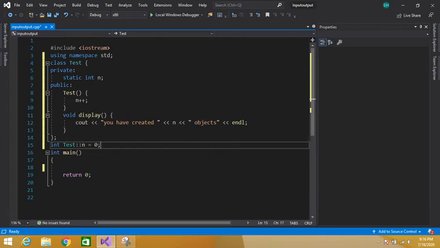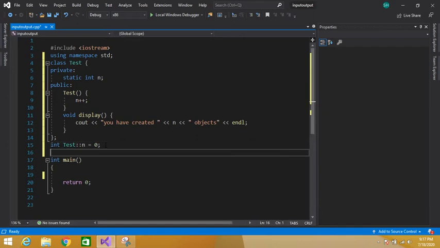Because this is a static data member, each object of the class will use a shared memory. Memory for each object will be the same for this static variable.